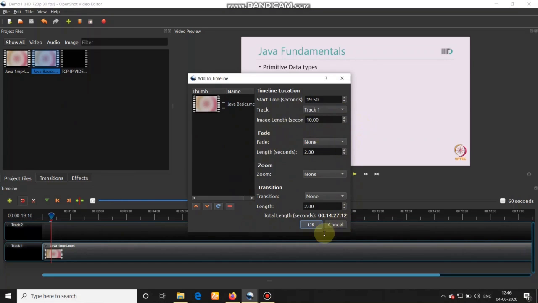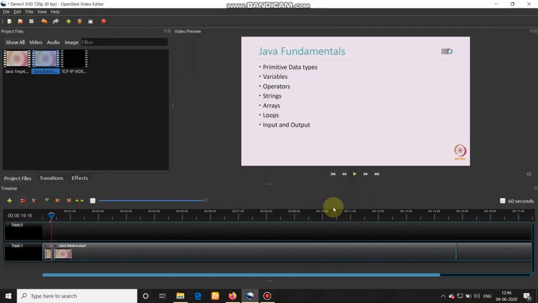The rest of the contents will be as it is, so there is no need to change anything. Click on OK. So you will find